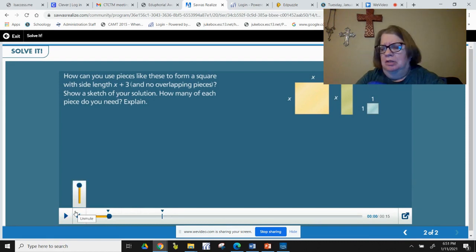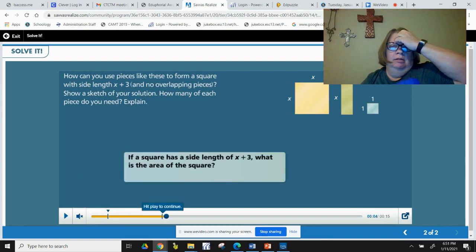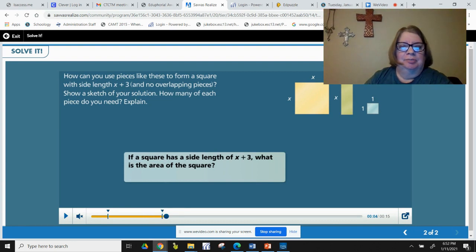This says, how can you use pieces like these to form a square with side length x plus 3 and no overlapping pieces? Show a sketch of your solution. How many of each piece do you need? Okay, so let's hit play. If a square has side length of x plus 3,